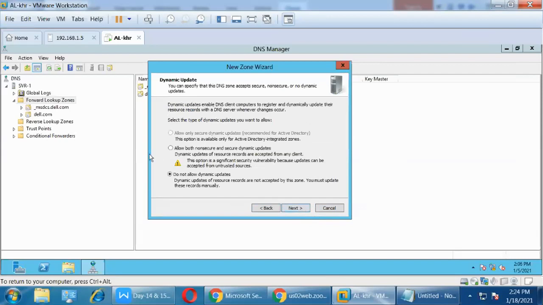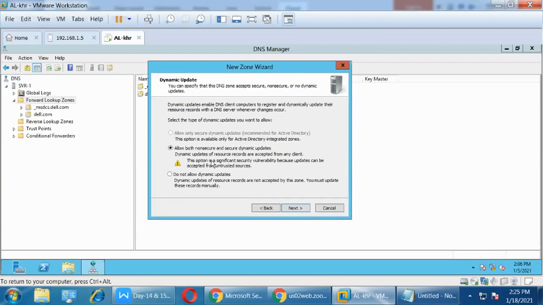Click on next. Here, allow both secure and non-secure dynamic updates, because updates happen across the globe. Secure means internal to your company: any changes, a new domain coming, domains being removed, or a new branch office opening around the world. Any client joining or any server you configure, that update you also require in this server.